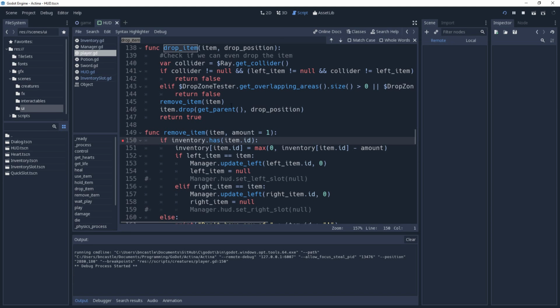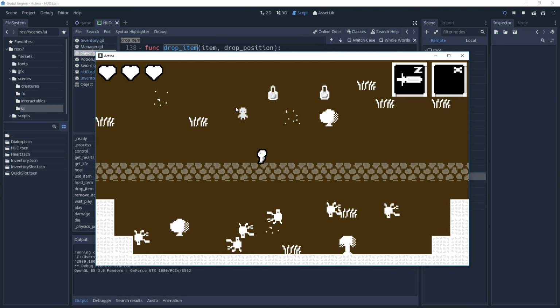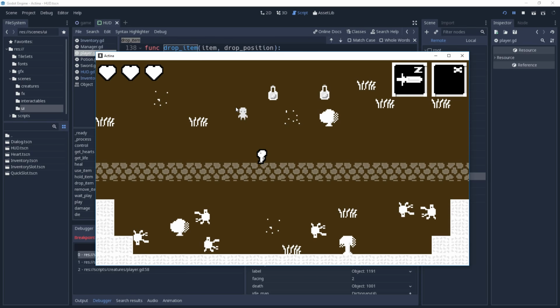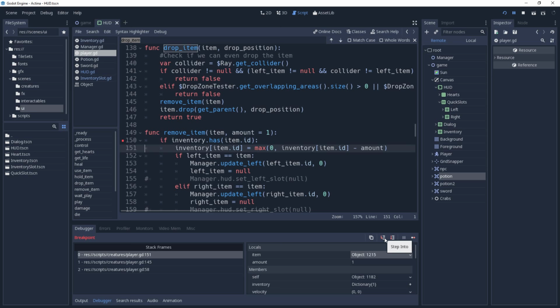I'm sure I'm doing something really stupid, but let's see if I can figure it out within the next 3 minutes. It broke? Good. What do we have in our locals? So inventory of item ID equals... we only have one thing in the inventory, so we get 0. So we've removed it there. And so if left item is equal to item,